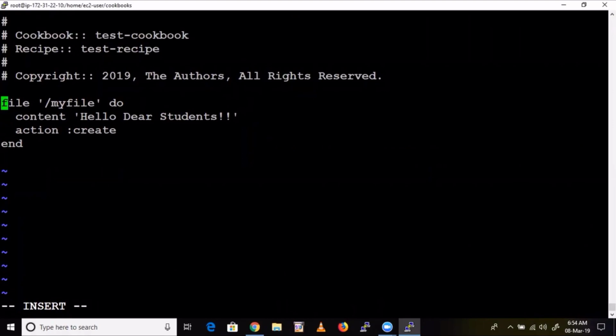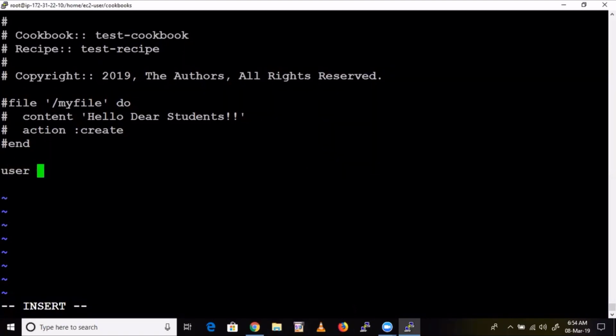Now let's comment. Commenting means we are literally locking. If you remove that comment, again Chef will consider these things. Now, how to create a user? Simple, guys. For that you need to use the user resource. User. I told you that we can use double quotes as well. Make sure if you start with double quotes, you end with double quotes. So I'll do Raj. Simple action: create.